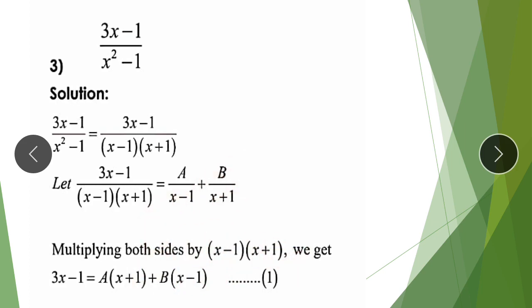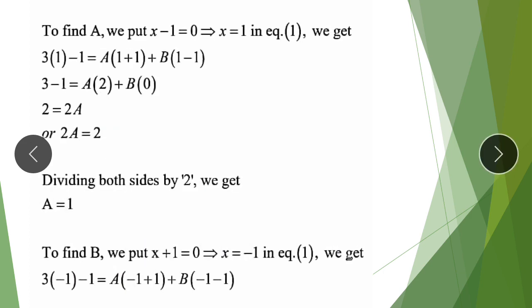So we can name it as equation number 1, and we can put the value of x equal to plus 1 in this equation, and x equal to minus 1, in order to find the values of a and b. So let's put the first value of x, which is 1, in this equation. So we will get 1 plus 1 is 2, and b will get 0 here. So 2a is equal to 2, the value of a will be 1, as 2 will be shifted to that side of the equation and divided by 2, and we will get 1.